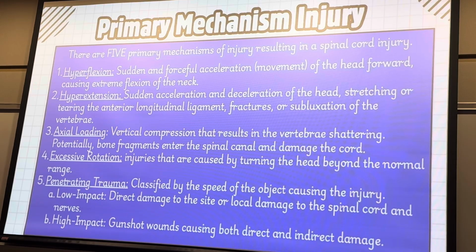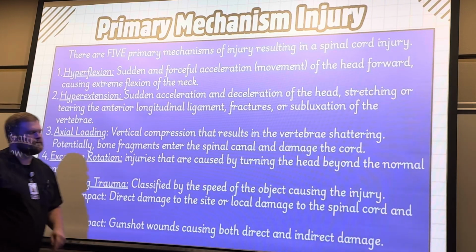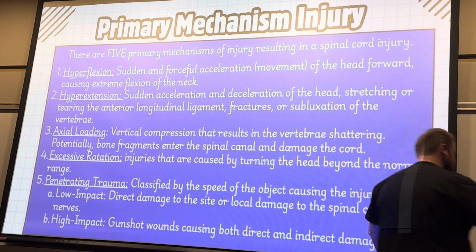I heard a story of a guy whose plane malfunctioned or something like that, and then his parachute didn't deploy as it should have, and he basically hit the ground, fracturing a lot of his vertebrae, and now he's like a foot shorter or something like that, and he didn't have height to begin with. But so axial loading, that's what we're thinking about there.